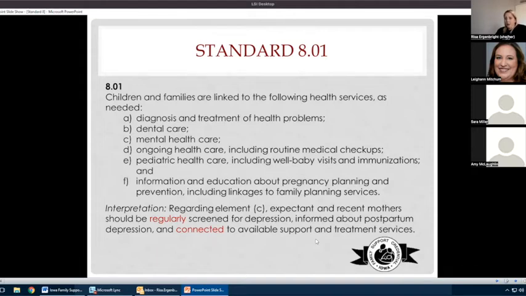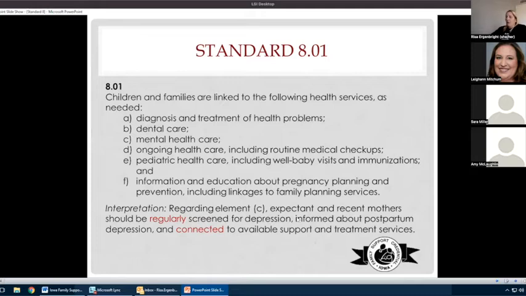That's relatively new. For programs that haven't renewed in the last couple of years, you definitely want to go back and check, because it was added in the 2019 version of the standards, I believe. And so if you aren't doing that, you want to be thinking about how you can get that in place now so that it's there and it's ready to go.